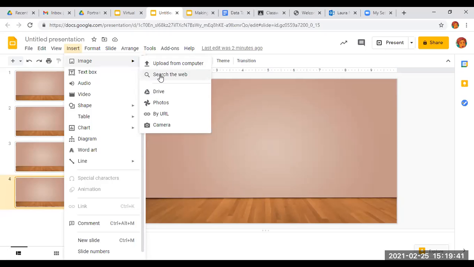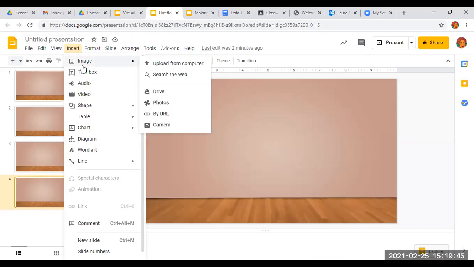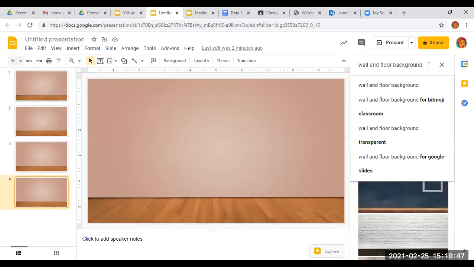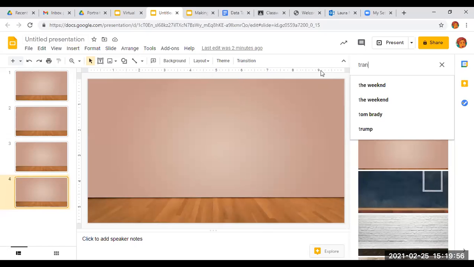You go to image, search the web, and you want pictures from the web that do not have a background, so a transparent. So type in the word transparent, write that down. TRANSPARENT. If you put transparent before whatever it is that you're looking for, it'll most likely bring up pictures that